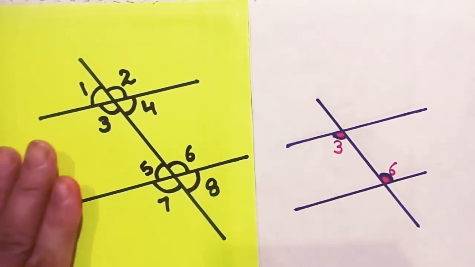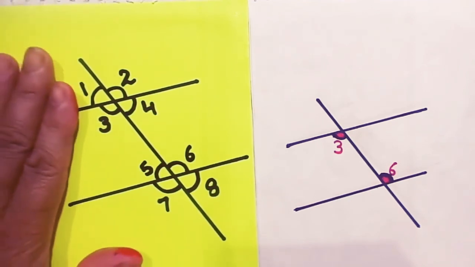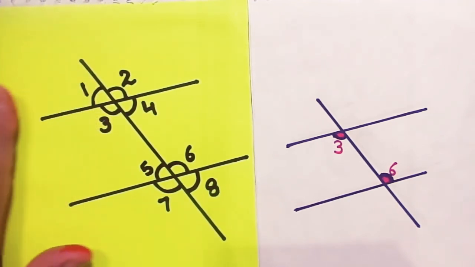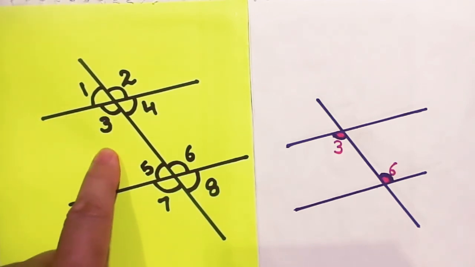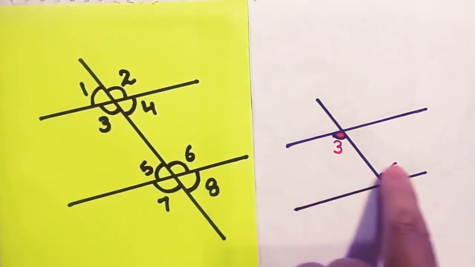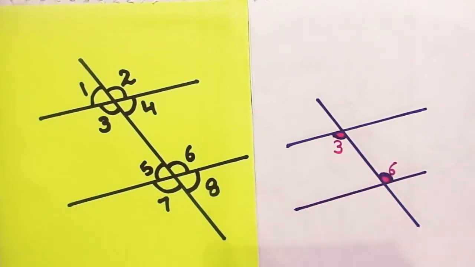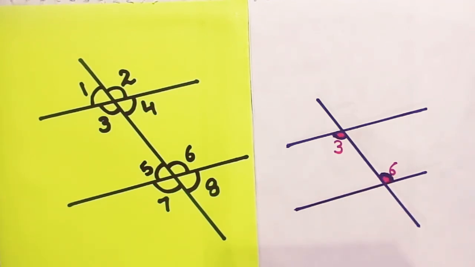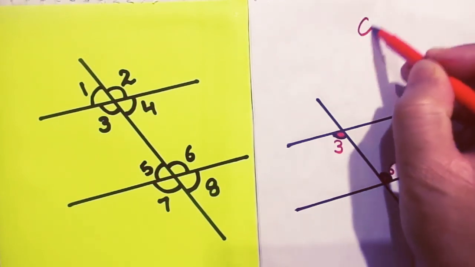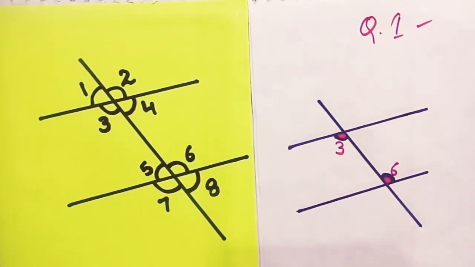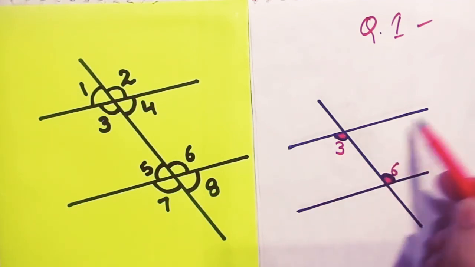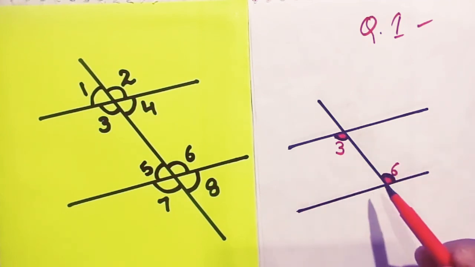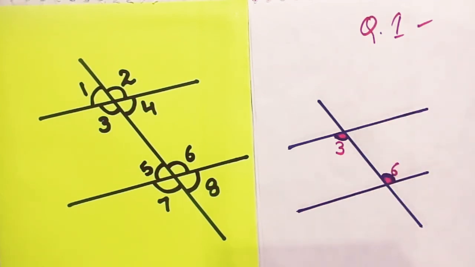Now what I have done is that I have drawn the figure which has been given to you. Now from this they have selected two of the angles and then they have asked you that please find or name what kind of angles they are. So let's start with question number 1, isn't it? In this question number 1, what we find is, have a look. These two are straight lines and these two straight lines are being cut by a transversal.